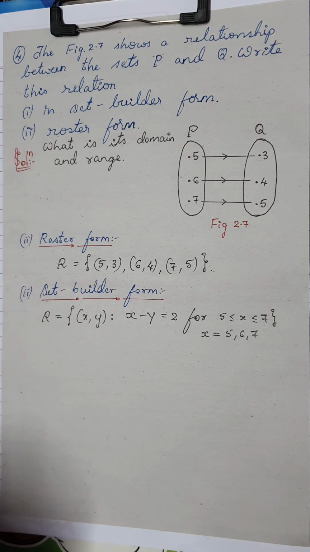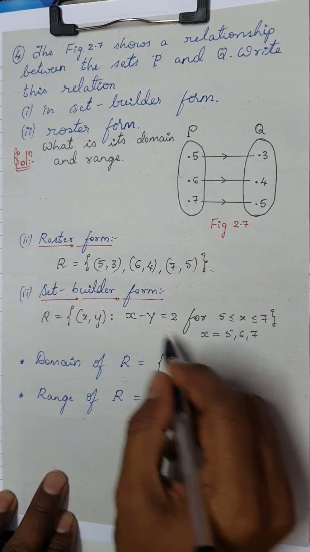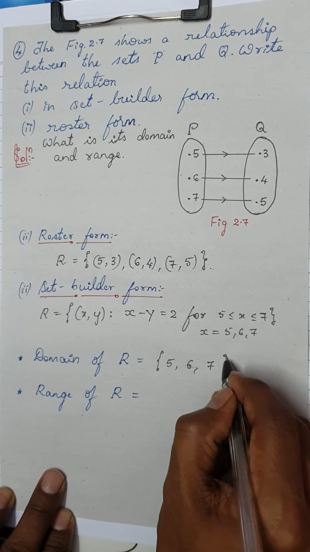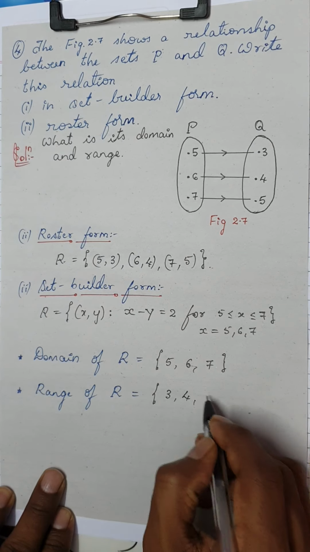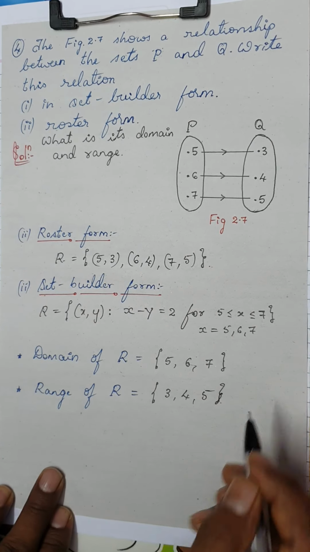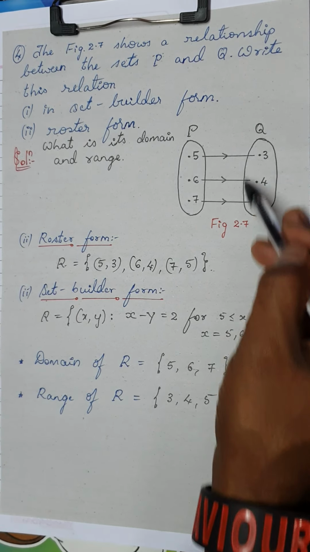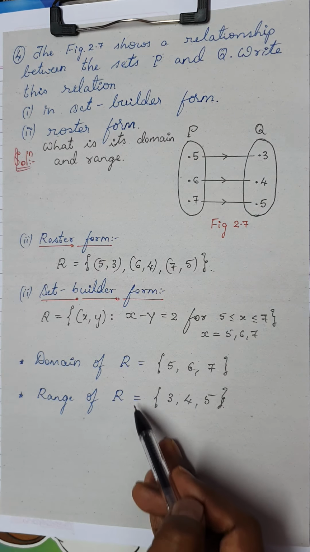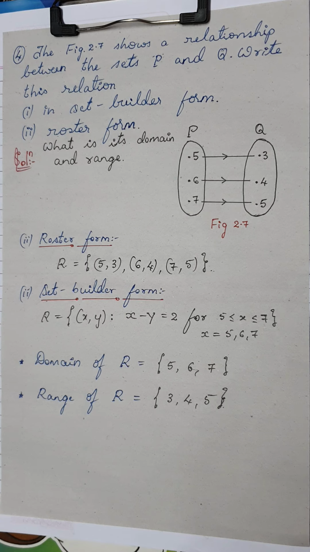Now once the relation is ready, we can directly write the domain and range. This is actually very simple. Domain is the set of all first elements, which are 5, 6 and 7. Now going on to the range, the set of all second elements, which are nothing but 3, 4 and 5. Since no elements are left over here, the entire set Q will be the codomain. Here you can also see the codomain is equal to the range. You need not write this again here. We have already discussed this in the previous question. So that's the solution for this question.